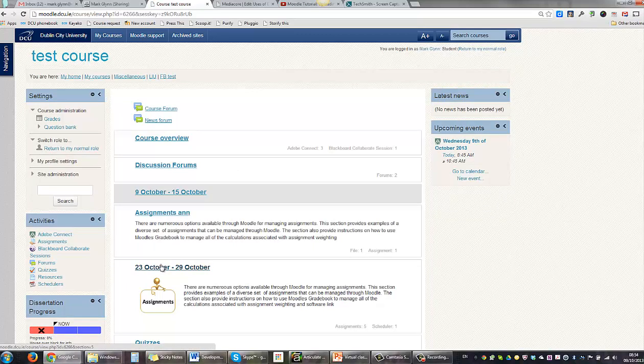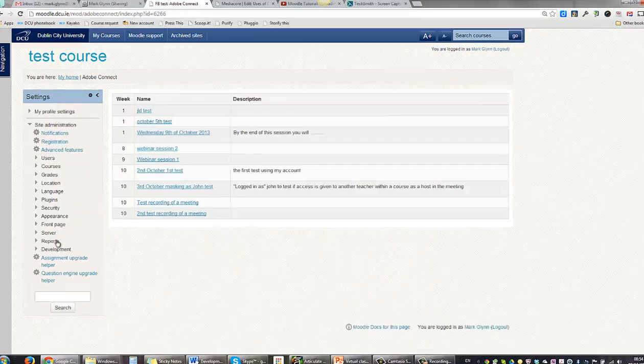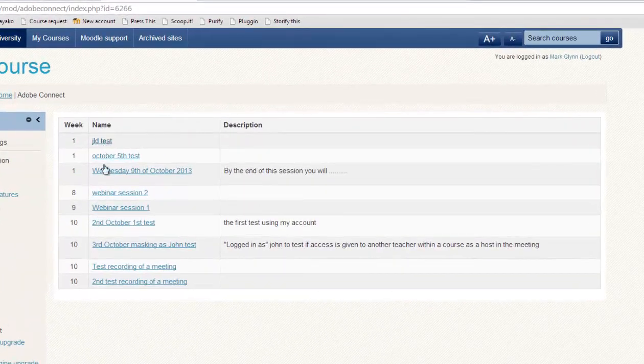From a student's point of view, on the right hand side there will be a link to the events that are coming up. In this case we've just established a meeting room for the 9th of October. If we want to see previous recordings, we click on the Activities block and click on Adobe Connect. And here we will be greeted with all of the recordings, and as you will see, Wednesday 9th of October,